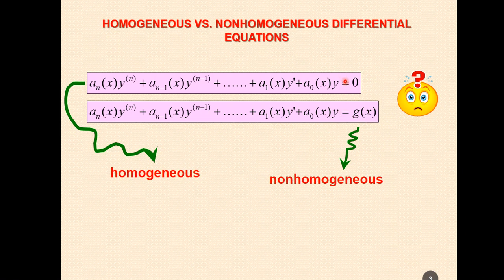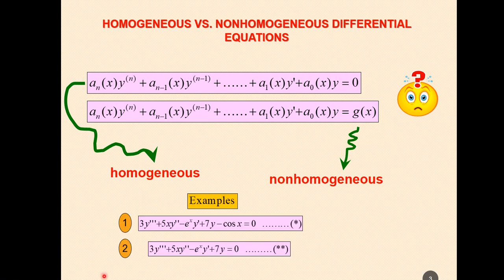So it is homogeneous. The higher order differential equation is homogeneous if your g of x on the right side, or your function of x on the right side, is equal to 0. Otherwise, we say that our higher order differential equation is non-homogeneous when what is written on the right side is a function of the independent variable or is a constant. So remember that. Now, as examples, so you could see here in the first example